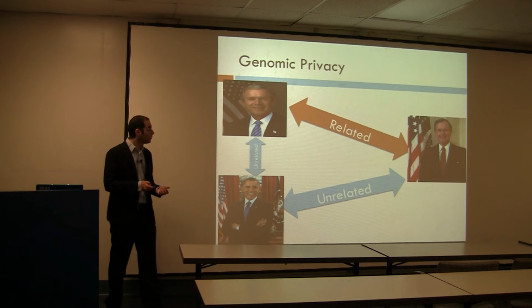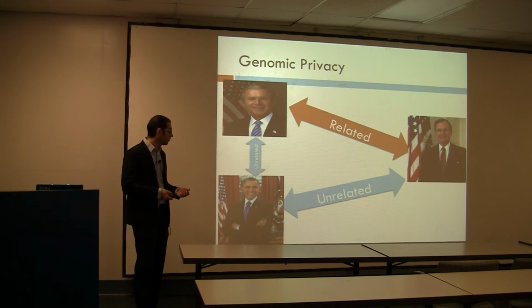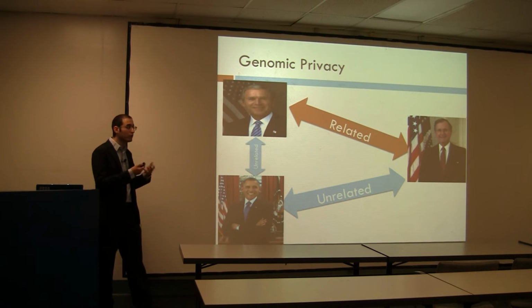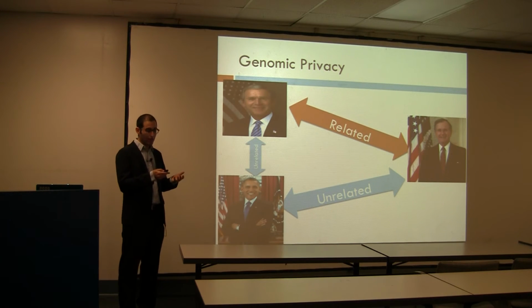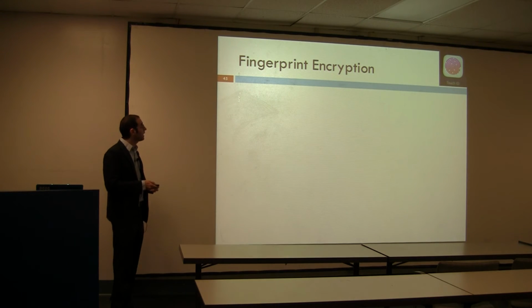Here we know that 2 of the individuals are related and 1 individual is unrelated to them. So what they want to do is put an encoded version of their DNA online, and the other individual will download this encoded DNA sequence, compare it with their own DNA sequence, and figure out if they are related or not. Now, the way we try to solve it,